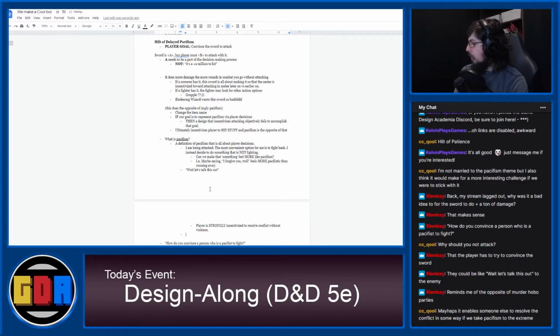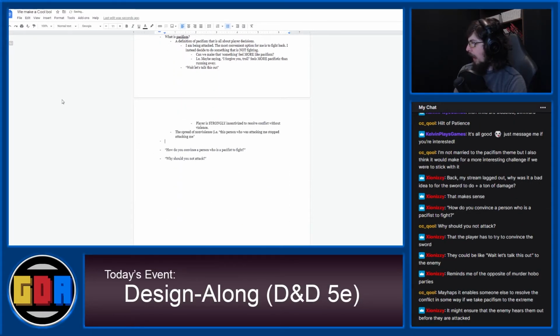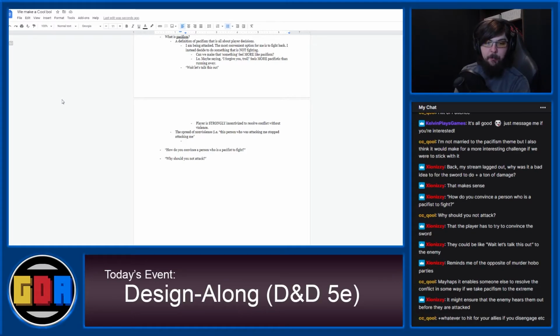Okay, we can do that. So pacifism will be defined in that case as sort of like the spread of nonviolence, i.e. the person who was attacking me stopped attacking me. I mean, I could definitely see that happening. Something like, here's the map before. So see, now we're starting to get somewhere. Now we're starting to build. The ideas are starting to build on top of each other, right? So now we have something like,